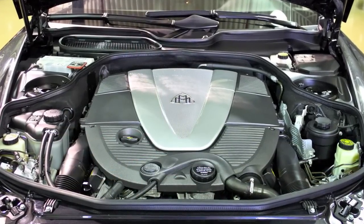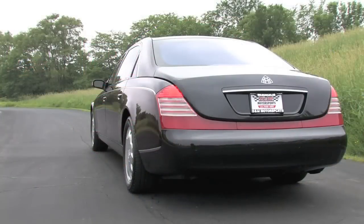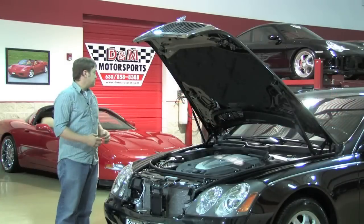On the highway, this is one of those cars that when you hit it at 60 miles an hour, it puts you in your seat so far back, way more than you'd ever expect. It almost seems as if a 12-cylinder would be overkill for a car that more than likely is going to be chauffeur-driven most of the time,